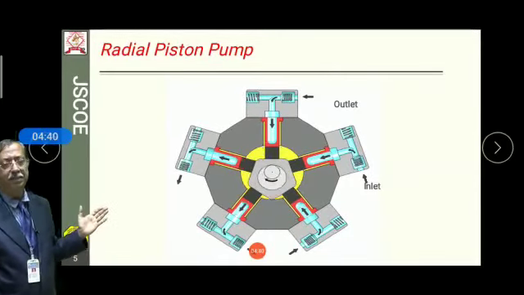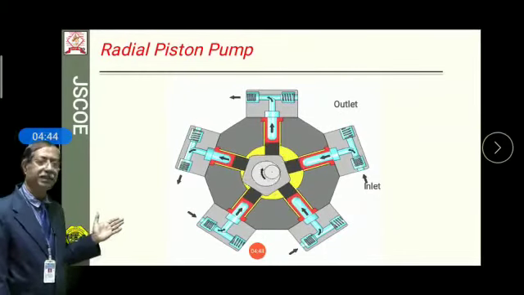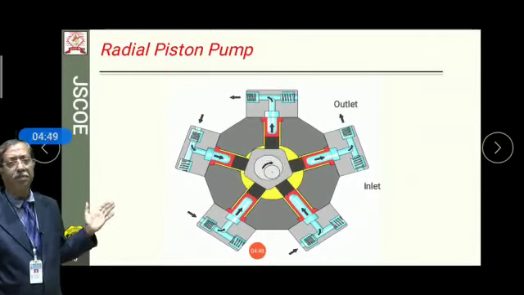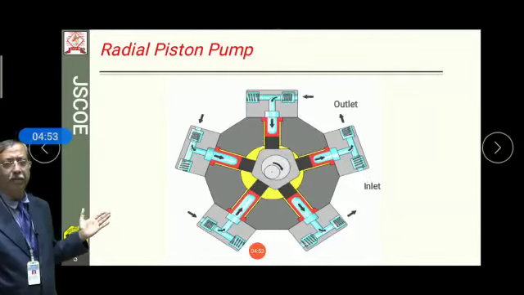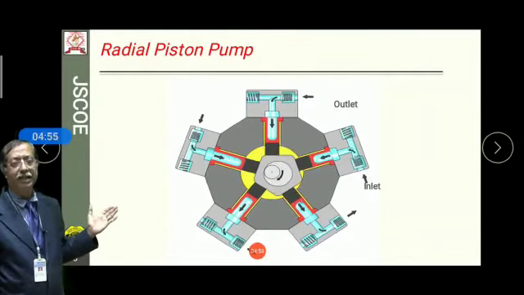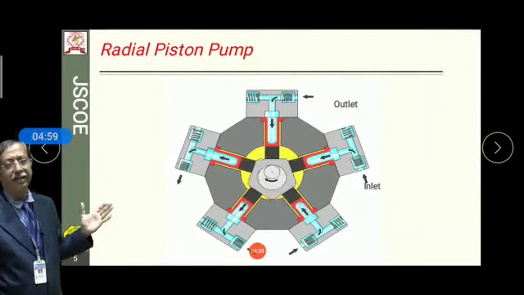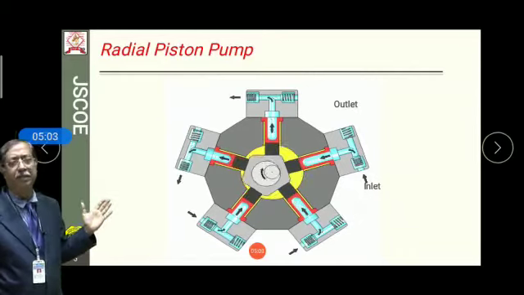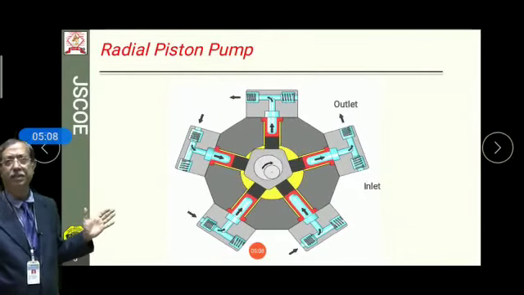inside the piston area, and when the pistons are in the extension mode, they are discharging the fluid through the outlet. A number of such pistons are aligned radially in this particular hydraulic pump, and because of this they are extensively used in the hydraulic system of the jet aircraft. The radial piston pumps are producing higher pressures, normally above 3000 bars.